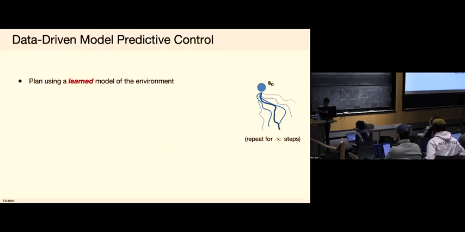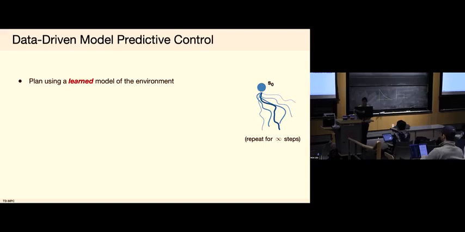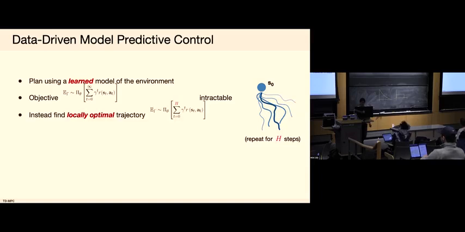Okay. So we are at a particular state s0, and we want to select actions to maximize some reward. We don't have access to the model of the environment, and we need to optimize this objective. Unfortunately, it is intractable. And what are we going to do? Well, we're going to do planning.